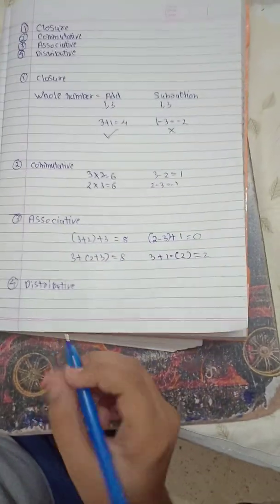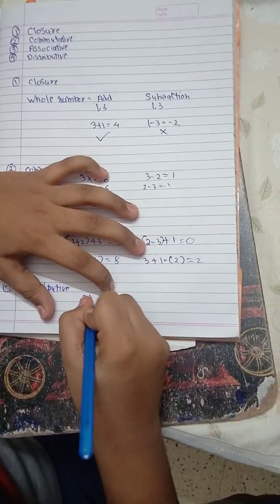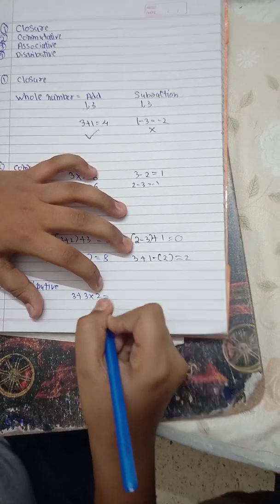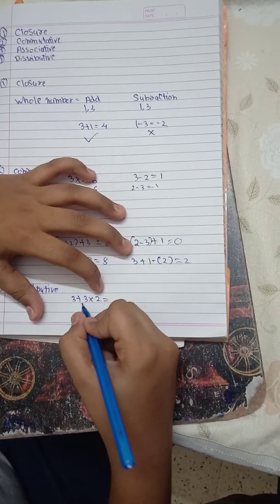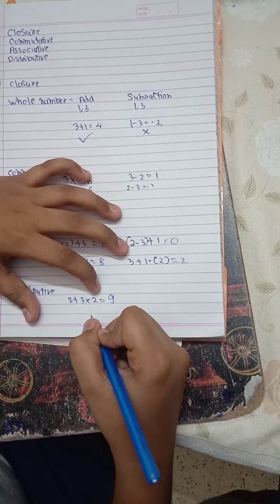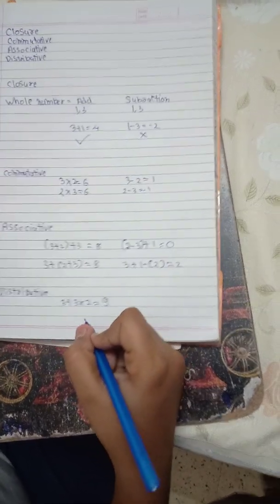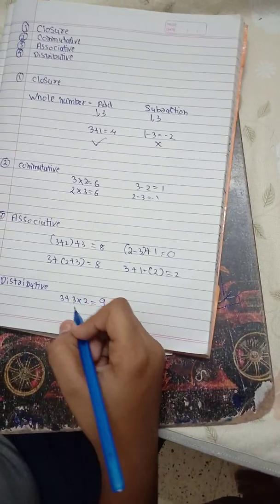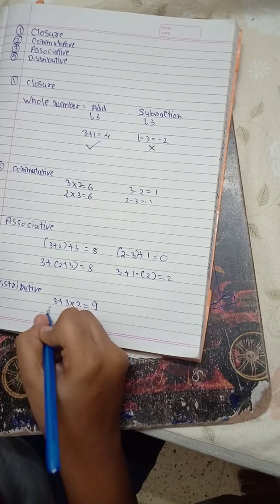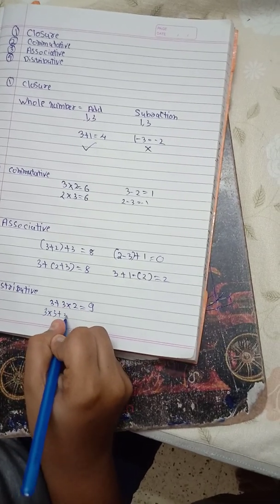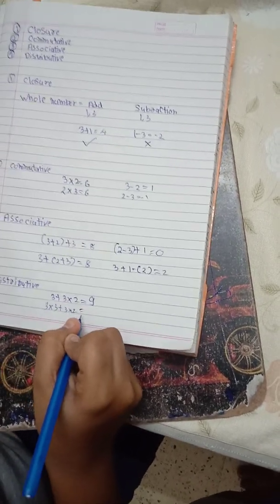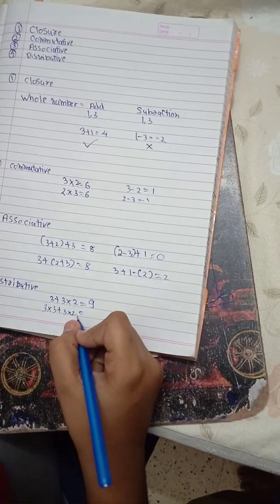How? I said that 3 plus 3 into 2 is equal to 3 into 2, 6. 6 plus 3, 9. And now we tell about the third, which is 3 into 3 plus 3 into 2, which is 9 plus 6